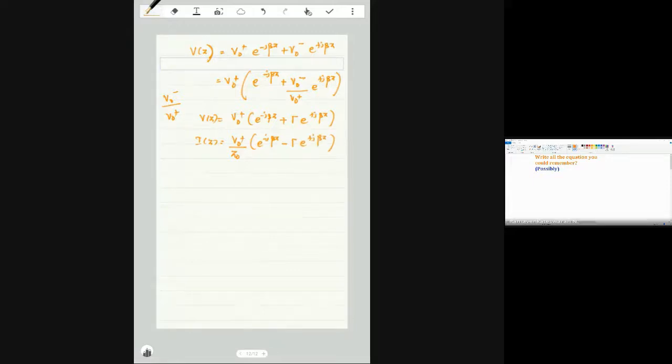Okay, is that clear? These become equations 5 and 6. Let's take another color. So what is the meaning if there is no reflection? The perfect transmission line, no reflection. If no reflection, there are no waves coming from the output to the input. So gamma equals 0. So there is only an incident wave, no reflection.